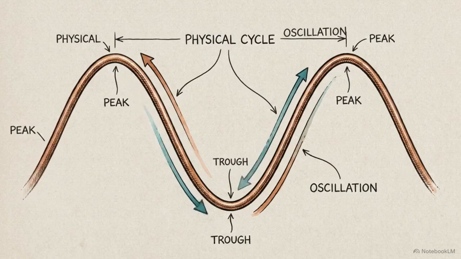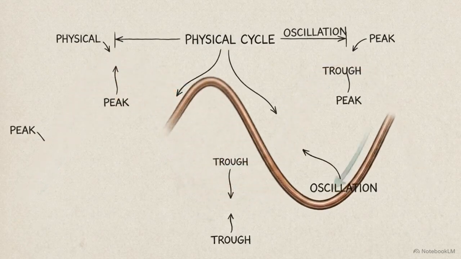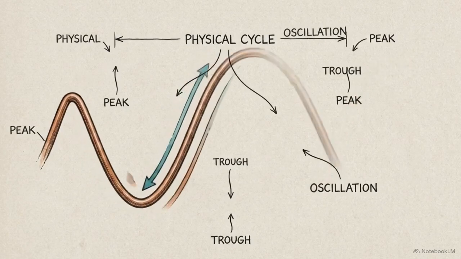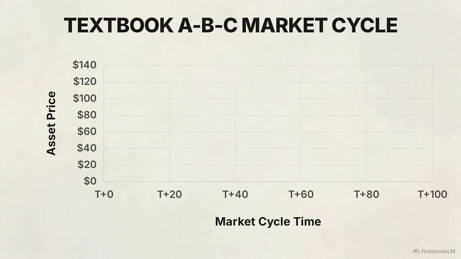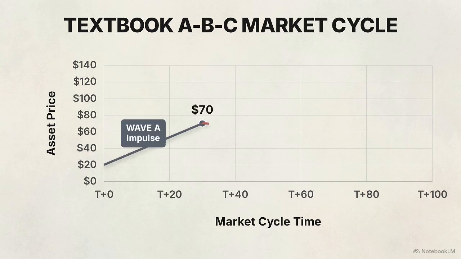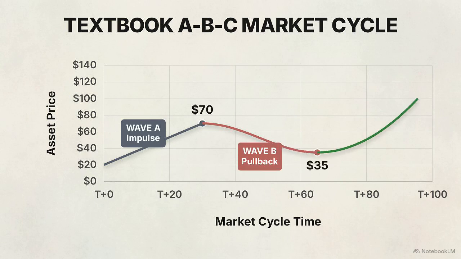Most traders are taught a specific rhythm. The assumption is that price moves like a pendulum, swinging forward, taking a breath, and swinging again. This is the textbook ABC wave. You get an aggressive initial push, wave A, followed by a deep discounting pullback, wave B, and finally the wave